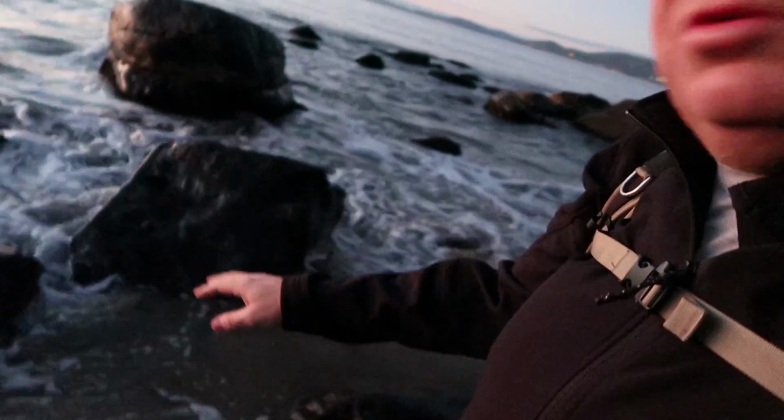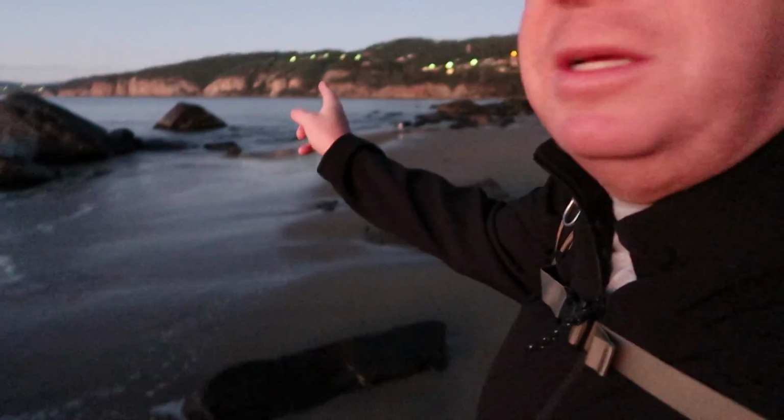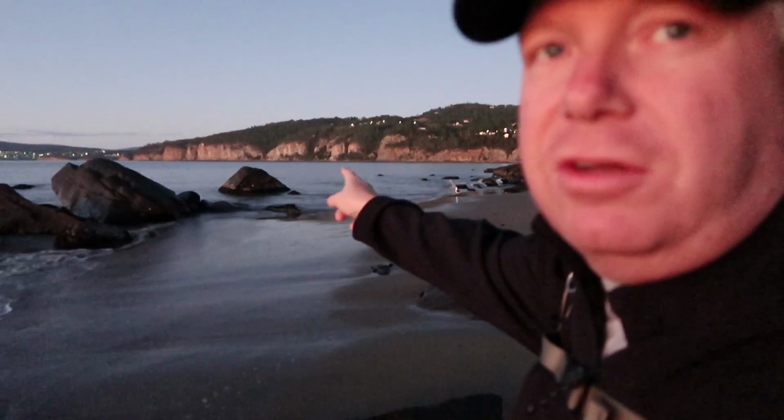So we'll keep heading that way and we'll set up. So I think given the lack of cloud in the sky, I think what I'm going to do is set up here and shoot to capture the water rushing around these rocks here, but as the sun comes up it's going to send some nice light down onto this cliff face here,